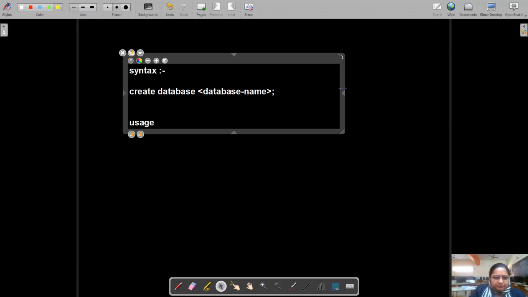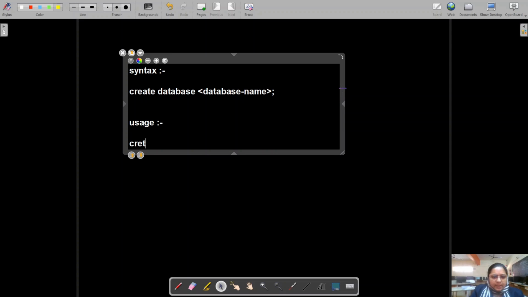Usage: create database and we can give any name to the database, for example school DB or hospital DB, or you can provide your name also, but instead of providing your name it is a good idea to use a name which will represent your database and its content.